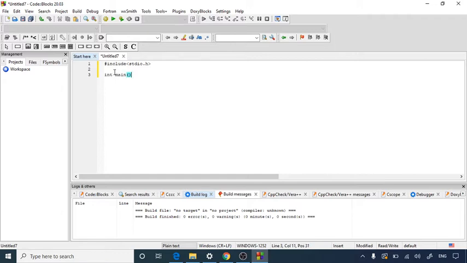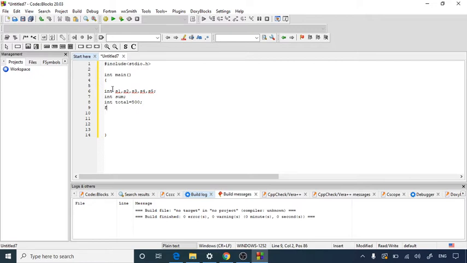Inside the integer main function, as we have decided to find out the average of subjects' marks and its percentage, we need to declare some integer variables. If we want it for 5 subjects, we will declare variables s1, s2, s3, s4, s5. These are all 5 subjects. After that we require an integer sum variable, then an integer total. As we have taken 5 subjects, we will declare total as 500. The initial value of total is 500.